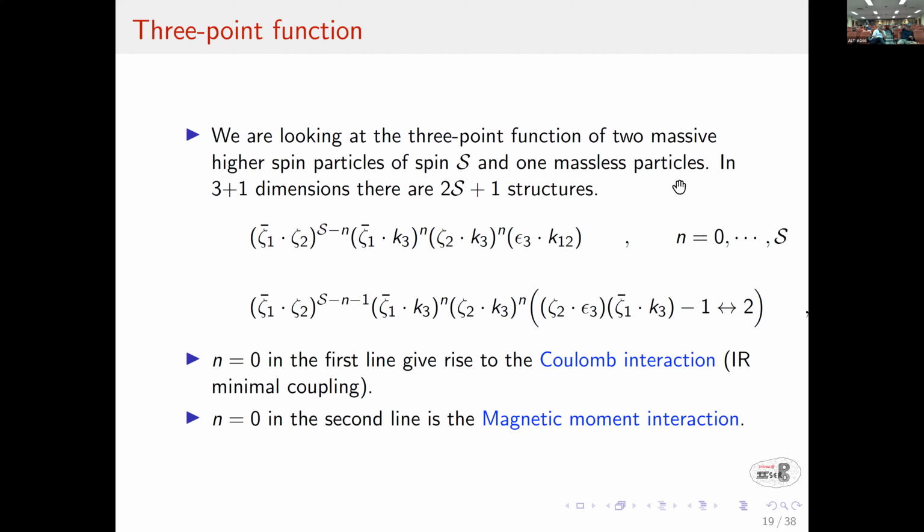Now the question is: if I want to model a black hole in this 2s plus 1 dimensional space, what point in that space do I have to choose? The black hole 3-point function is some particular linear combination of all of these. If I have a neutron star, what particular 3-point function do I have to choose? If I want to take the classical limit, I have to take a particular linear combination, not just move around the whole space. But if there are 2s plus 1 different 3-point functions, then the number of 4-point functions is huge.